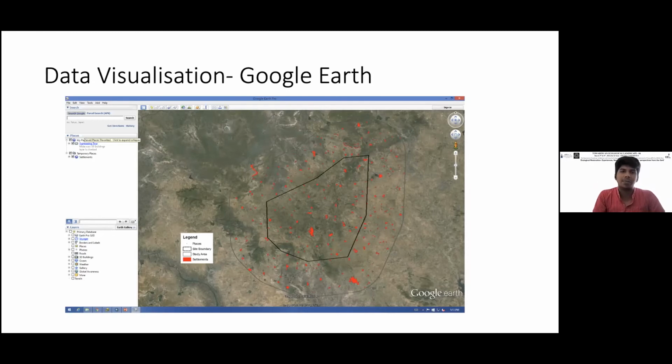The shapefiles can be added onto Google Earth. You can even add these small legends to your map. So if you're sending it across to your clients, they can easily visualize what you're talking about rather than just seeing a small cutout of a map in a report. So that's one way of visualizing using Google Earth.